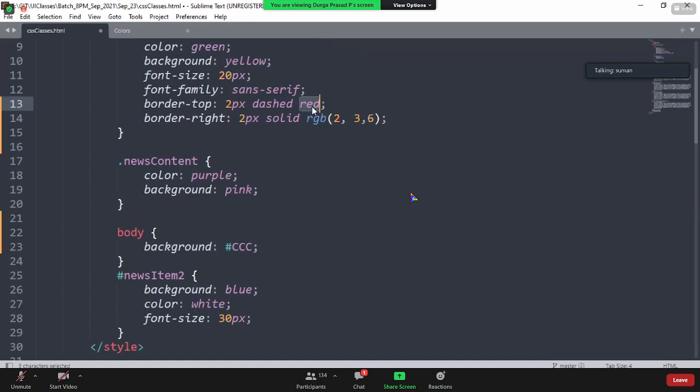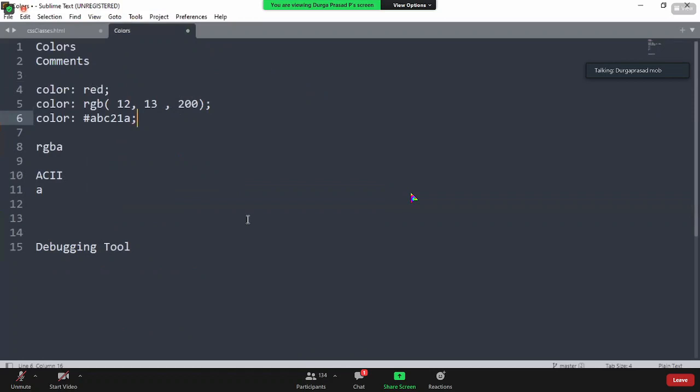Any questions? Hello, sir. Go ahead, Suman. Sir, do we have to use either 3 or 6 characters only, not 5 or like that? Yes, no, it is not possible. Either it should be 3 or 6. If it is 3, you can blindly say that all the characters are the same. The hash code is also called hexa, I guess. You can say that. Okay. So there are 3 types of color codes we use, right? For now it is 3, but when I come to RGBA, it will be 4. Okay.